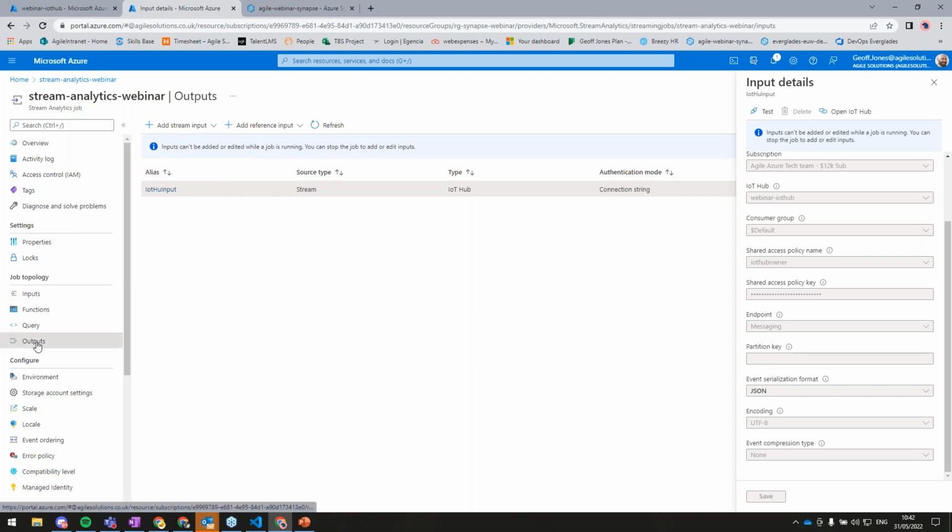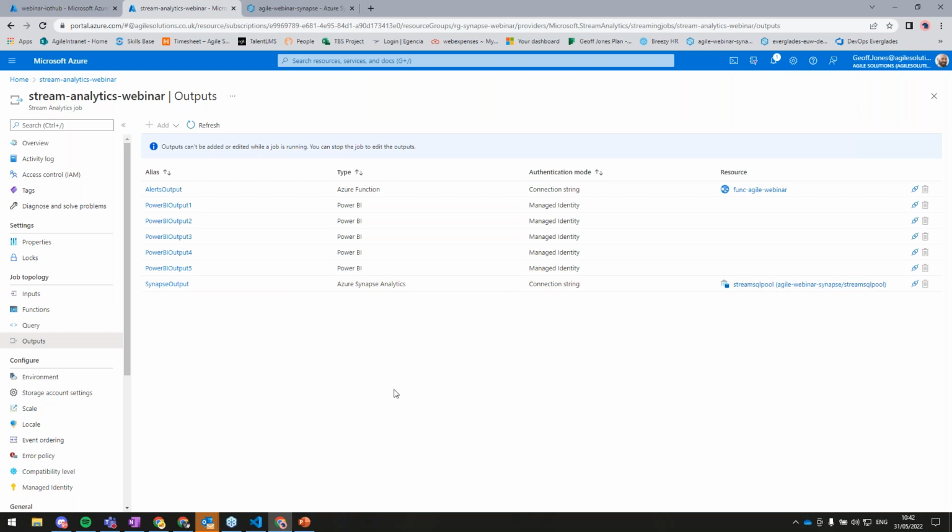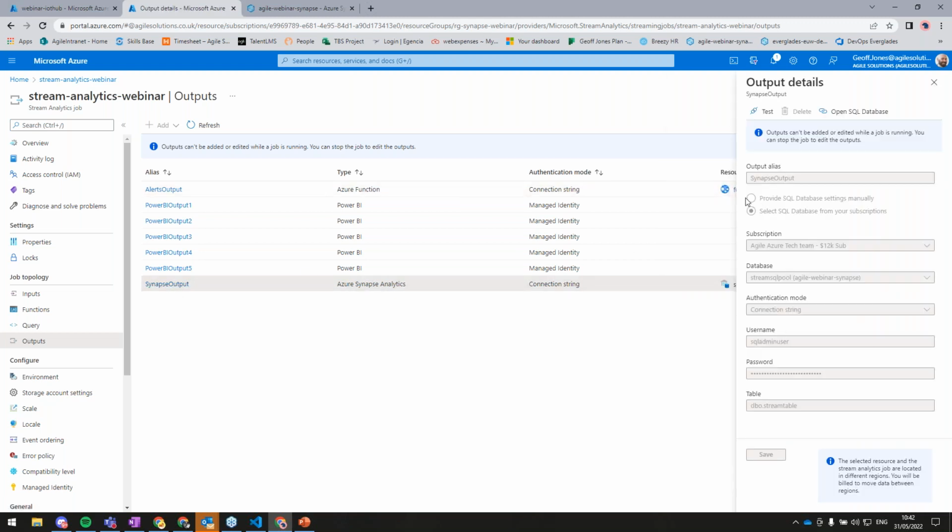The next thing we're going to want to configure is our outputs. As I mentioned before, Stream Analytics allows us to consume from a number of sources and output to a lot of different destinations. In our case, there are 3 places I want to send my data. The first place is our dedicated SQL pool. This is going to send every message that we receive straight into a dedicated SQL pool within Synapse. You can look at the config here, and we've just connected to a SQL pool table that exists. So I created a table and gave it the schema, and now Stream Analytics is populating that table every time it gets a message in real time.